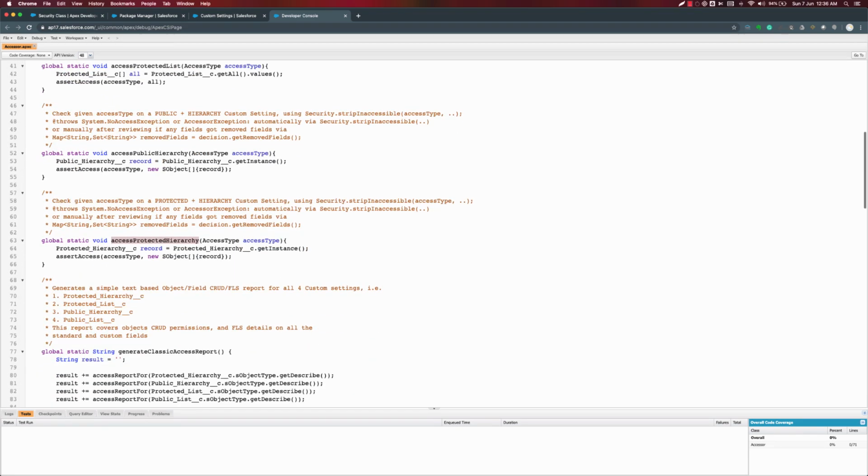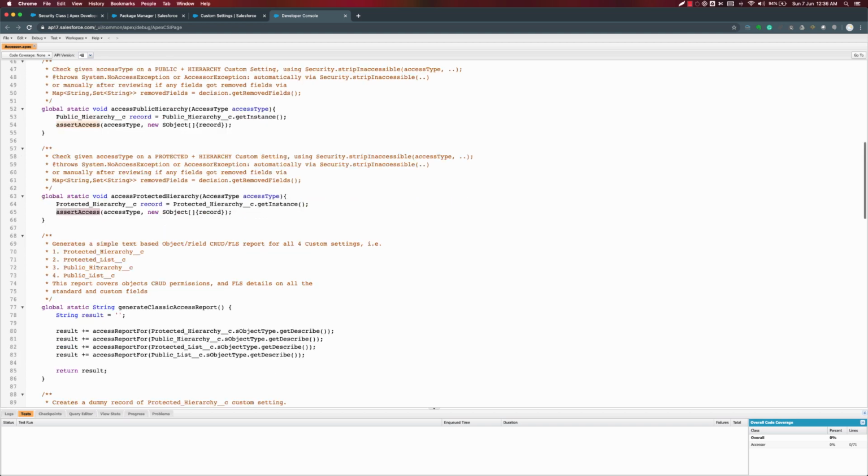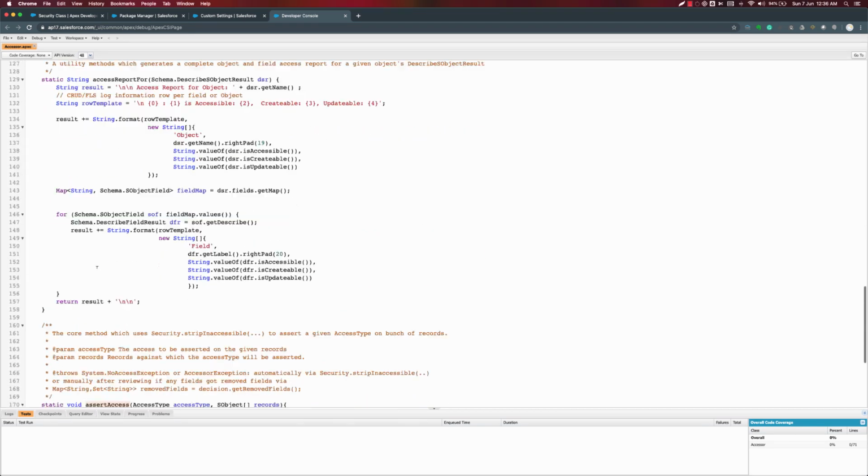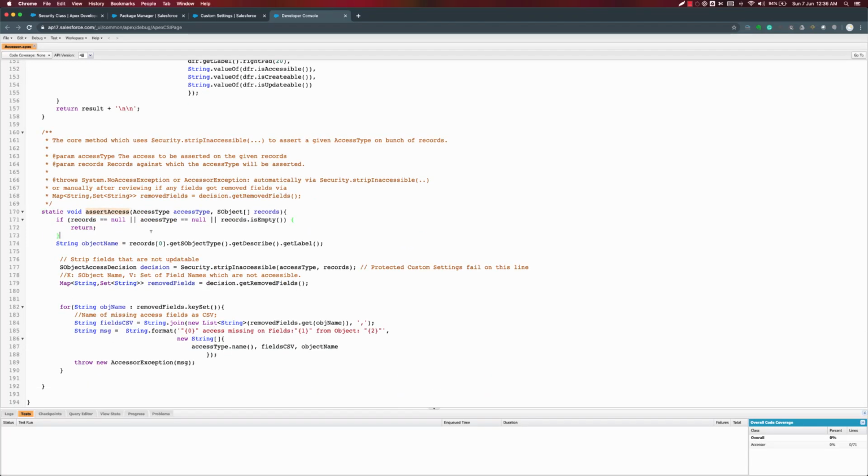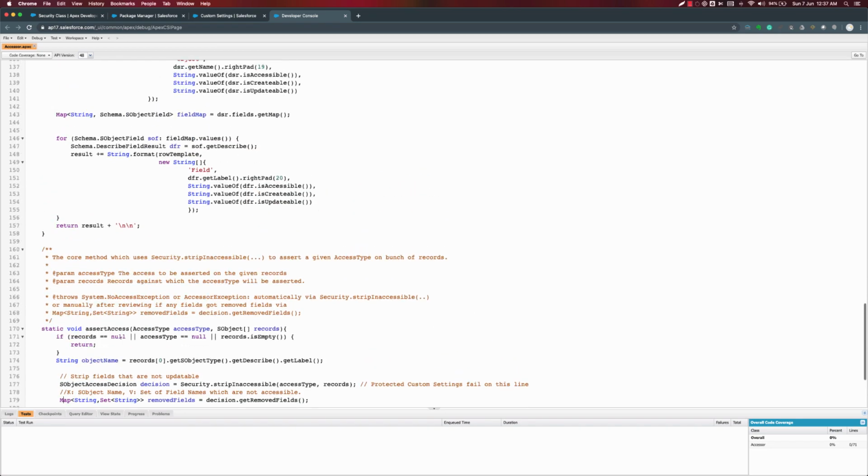All of them are basically calling an assert access method, which simply calls the strip inaccessible method on the given custom setting records and checks the given access type. What happens is, as I told before, this method falsely fails for protected custom settings in a client org at this point, and this piece of code is never executed.